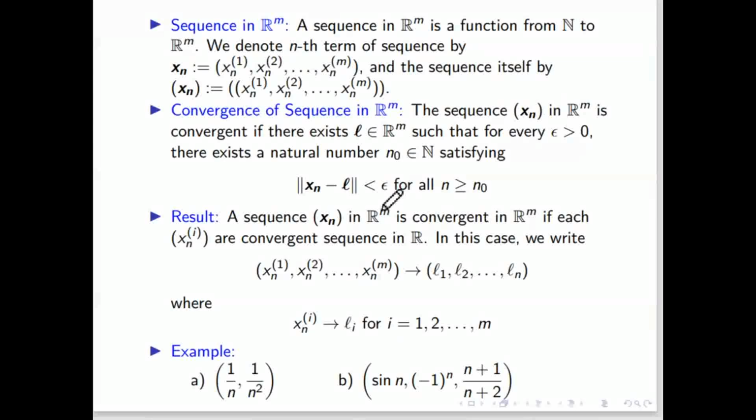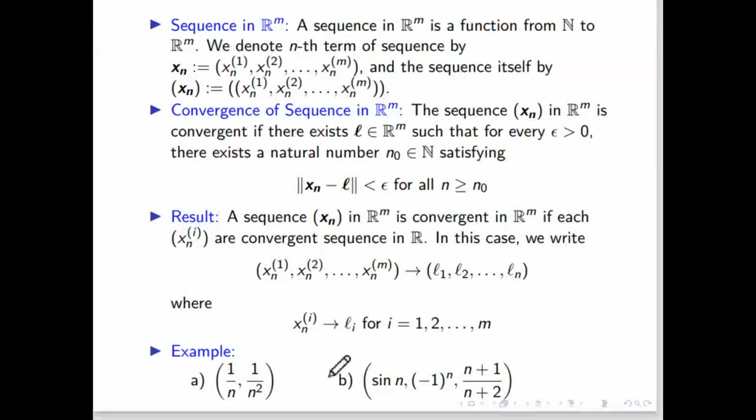So for example, this sequence will converge, where 1 by n goes to 0, 1 by n square is equal to 0. So this sequence limit is 0, 0. Is that clear? This result says that if each individual sequence is going to Li, like the first sequence converging to L1, the second sequence converging to L2, and similarly the last sequence goes to Lm, then the limit of this m-dimensional sequence will be L1, L2, Lm by this result. So whatever we learned so far, like the sandwich theorem, all those things we can apply. The thing that changes is that you have to apply the same logic individually.